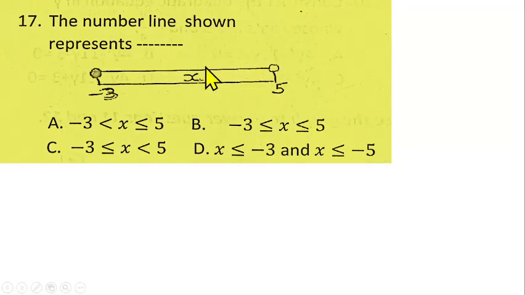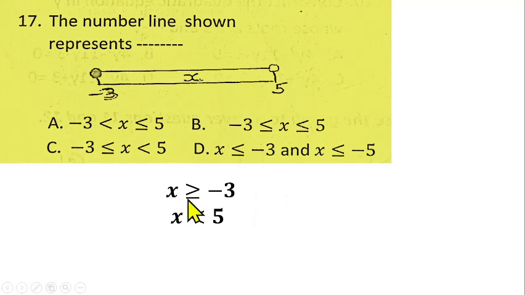And because it is facing this side, those numbers here are less than 5, so that means you'll be having x is less than 5. So if you interpret it, you have x is greater than or equals to -3, and x is less than 5. If you combine them together, you'll be having -3 is less than or equals to,